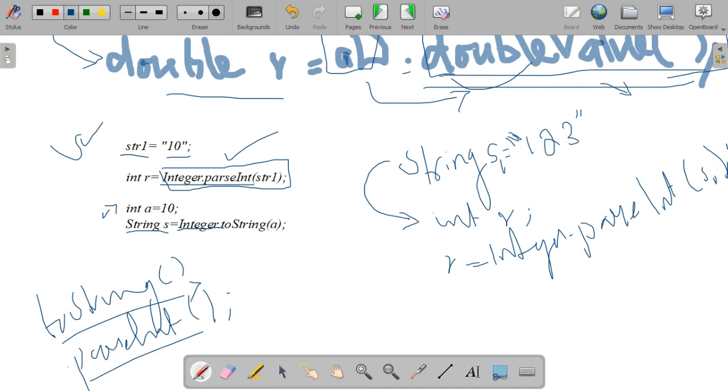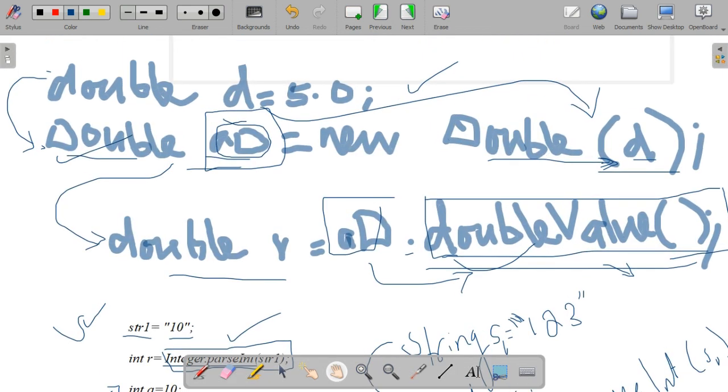These two methods are very important for 2-mark questions. toString means we are converting that particular data type into a string. parseInt means we are converting that string into an integer data type. So if it is declared as a string variable, we convert into an integer by using Integer dot parseInt of. If we declare a variable as an integer and need to convert it into a string, we use Integer dot toString of. These are the two methods we use.